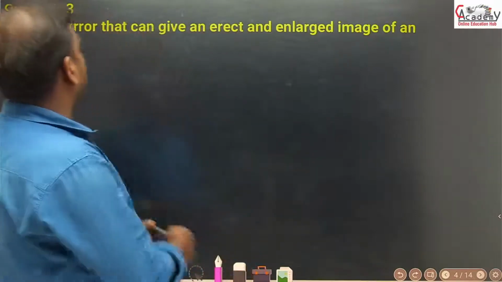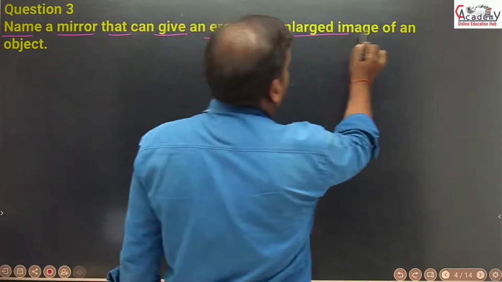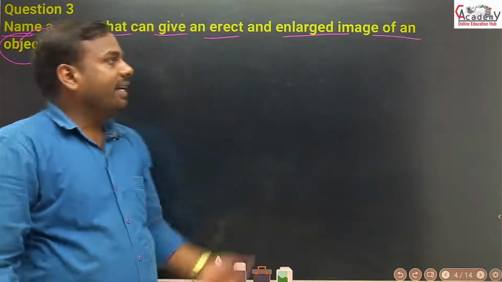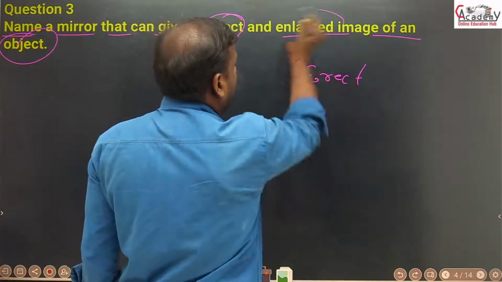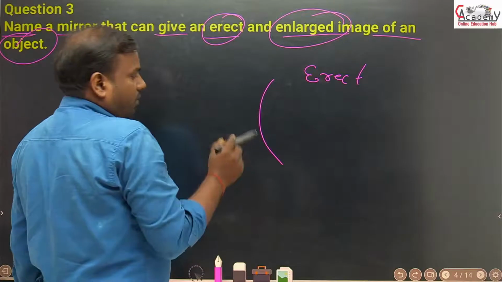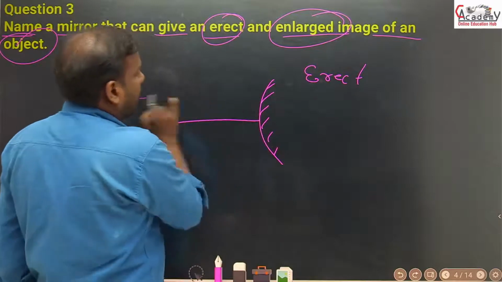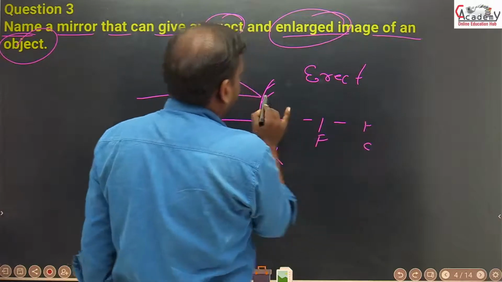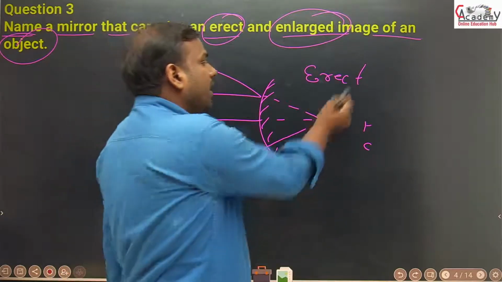Now third question: name the mirror that can give an erect and enlarged image of an object. Which mirror do we use for getting an erect and enlarged image? In the convex mirror we always get an erect image. Look here very carefully, that is the focus, that is the center of curvature, and virtually the light meets at the focus. So we get an erect image,